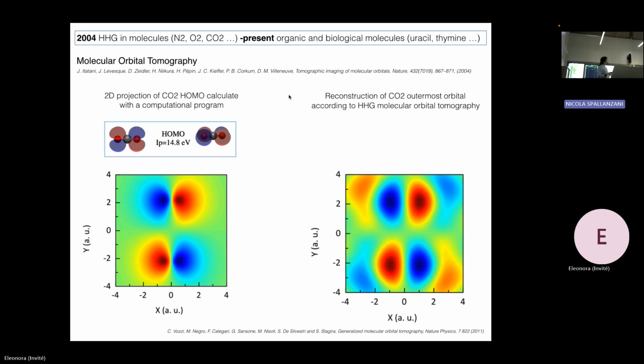They have applied this spectroscopy to tomography. If you take this molecule, this is CO2, the one on the right is a program code, a normal computational code, and the other one is the experimental one. That was really measured